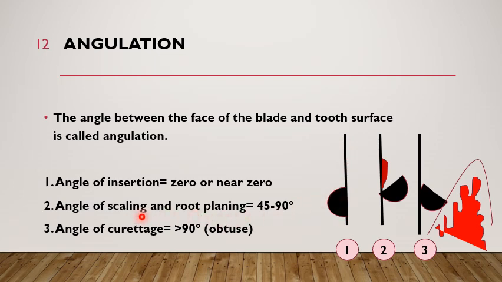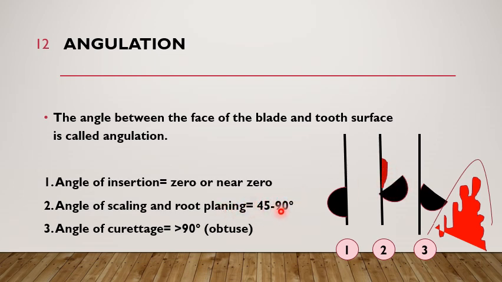Angle of scaling and root planing is 45 to 90 degree. If you maintain this angulation, you will be easily able to engage the calculus and there will be easy removal of calculus. But if we have a very close angle, less than 45, the calculus will not be removed; it will lead to burnishing of calculus. And if there is too much heavy calculus, then this angle will be towards 90 degree. We don't use up to 90 degree, but 45 to 90 degree is the range of the angle of scaling and